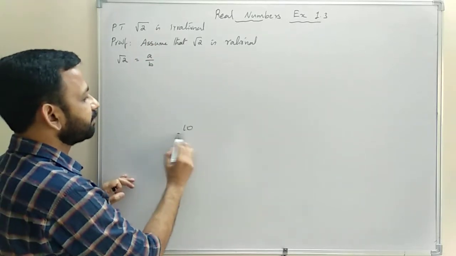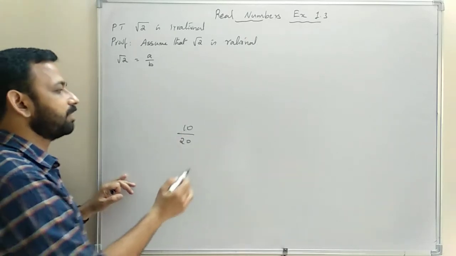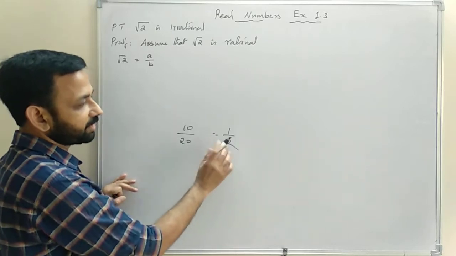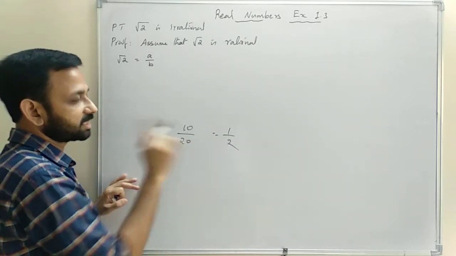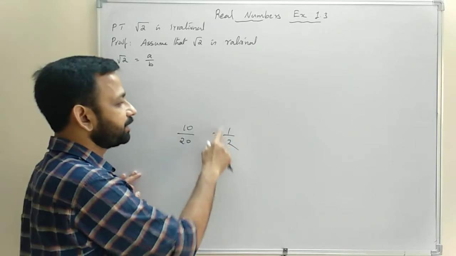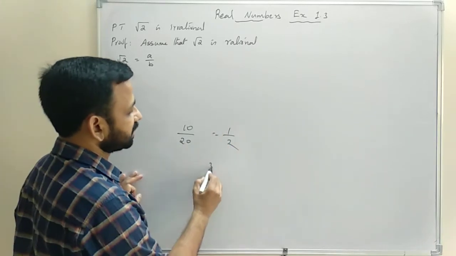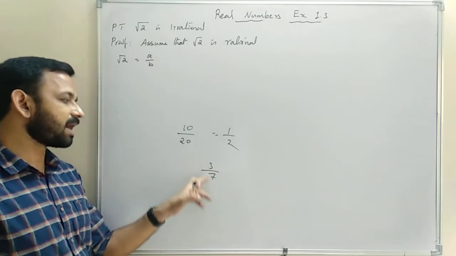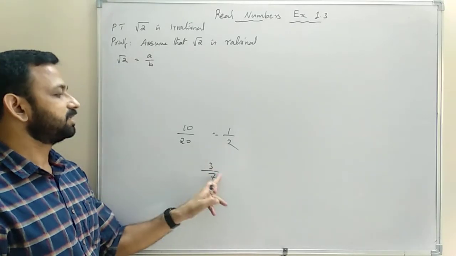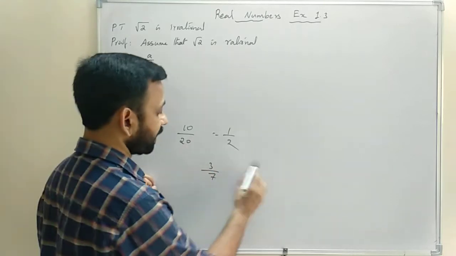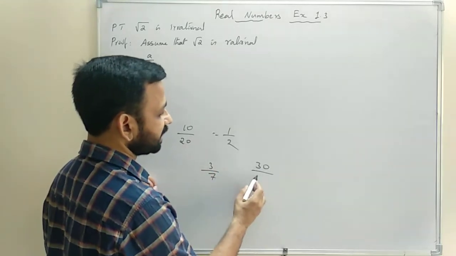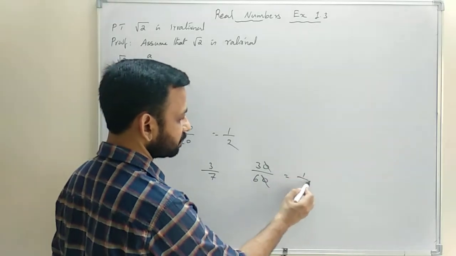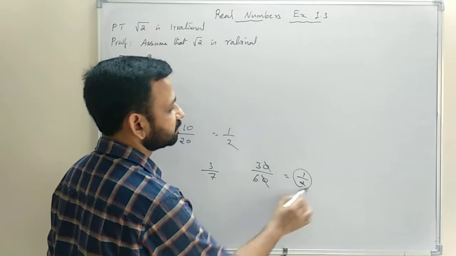So here 10 divided by 20, in p by q form. When we cancel, we get 1 by 2. So this is the simplified form. In 1 by 2, we don't have a common factor other than 1, so we can say that 1 and 2 are co-primes. Similarly, 3 upon 7: 3 and 7 are co-primes because they do not have any common factor other than 1. Similarly, if we divide 30 upon 60, we get 3 upon 6, then one more time 1 upon 2. So 1 and 2 are co-primes, a simplified form.